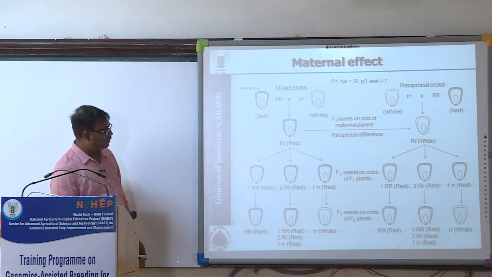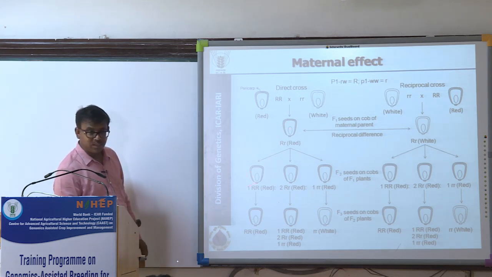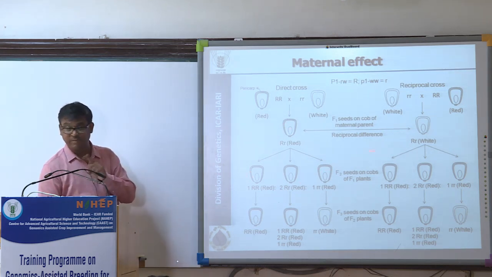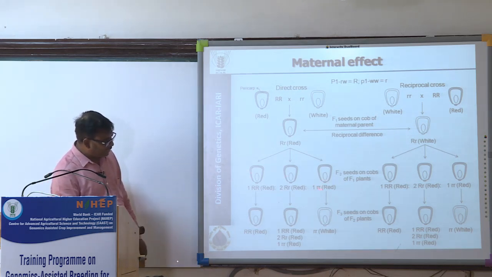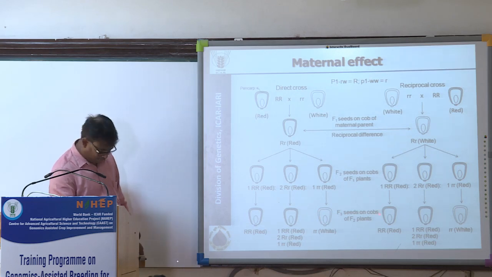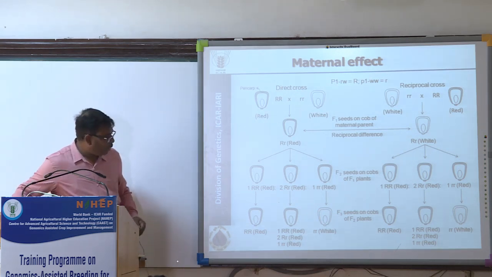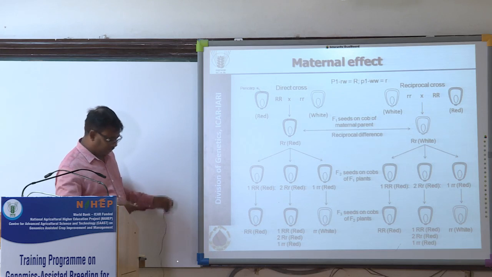If you self it, what will happen? Your mother has the pericarp colored, therefore all will be colored. So, you are not getting any segregation in F2. But if you go to F3, what happens? Only this part should show white color, while the other part, that is